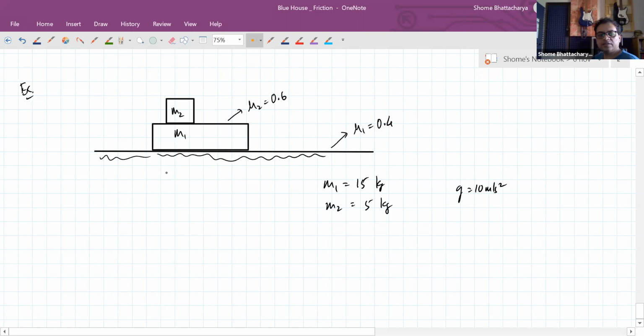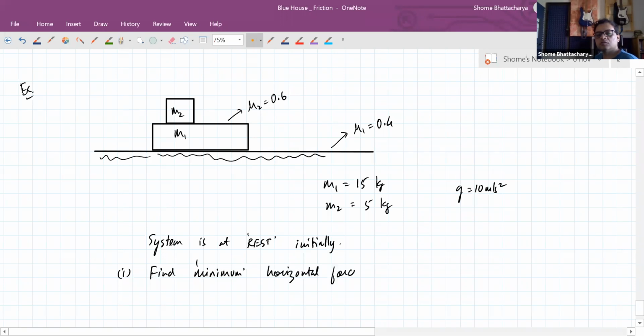So first of all, the system is at rest initially. First of all, find the minimum horizontal force applied on m1. So what is the minimum horizontal force applied on m1 to make this system move, because there's friction on the ground. And secondly,